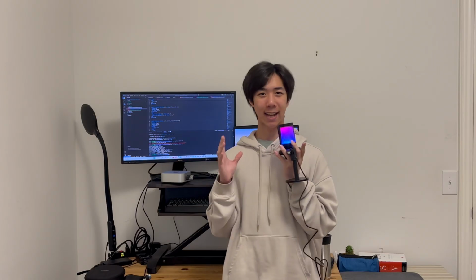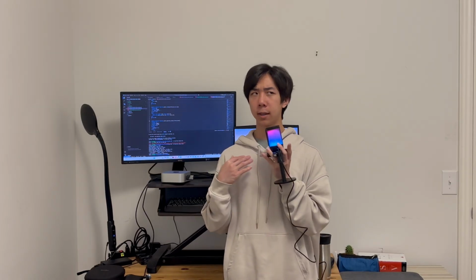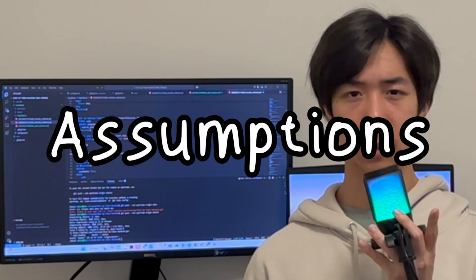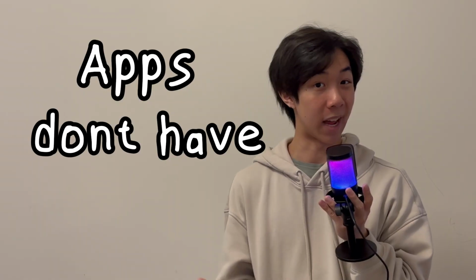So coming into this, I had no idea what I was doing. See, I didn't have a Mac, but I don't think it was that big of a deal. The real problem was the fact that I really liked to make assumptions. See, I had experience building websites in React, and Swift seemed to follow a pretty similar structure. Naturally, I thought that they would be exactly the same. But alas, they were not. And in hindsight, this should have been obvious, but apps don't have links.